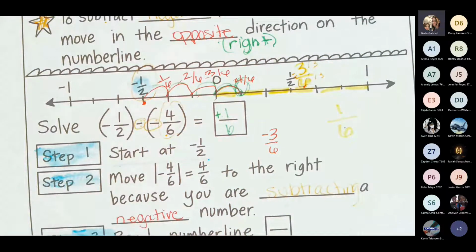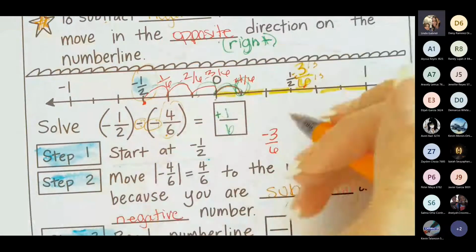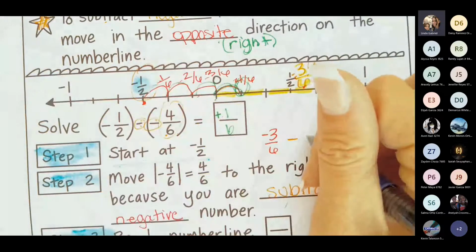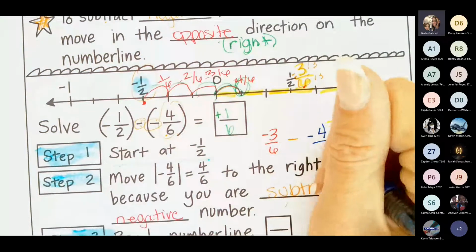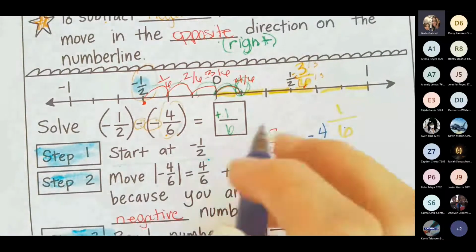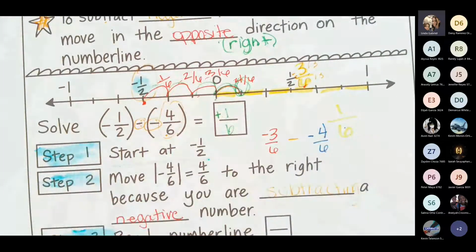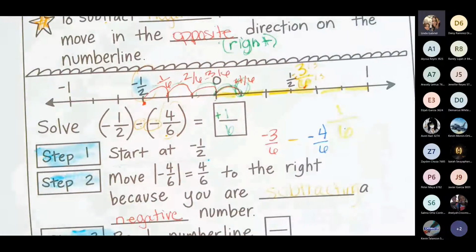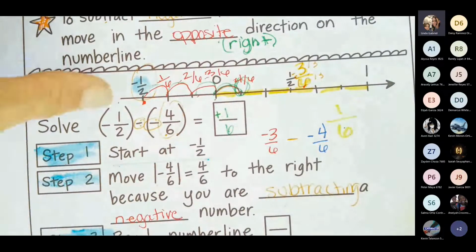Then I know for my order of operations, I'm going to be subtracting negative 4 over 6. Let's pretend like we didn't use the number line here. I don't have one, but I know my rule. I need to move in the opposite direction. So I'm going to listen to Miss Gabriel, what she taught me in 7th grade math, is